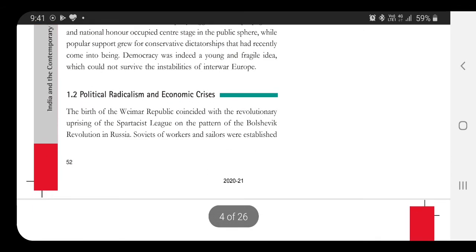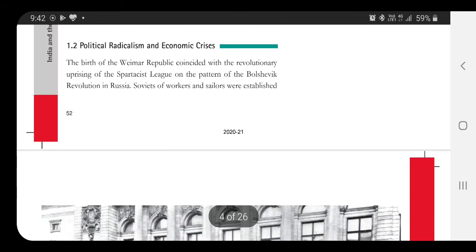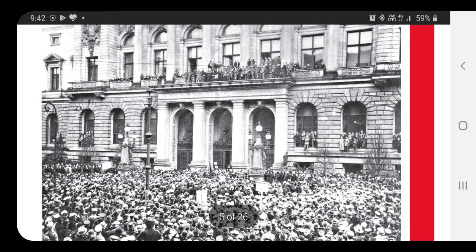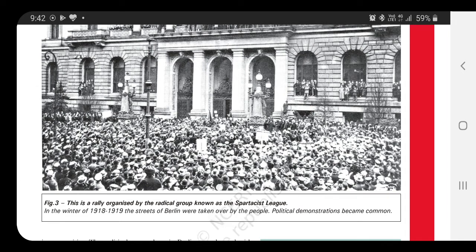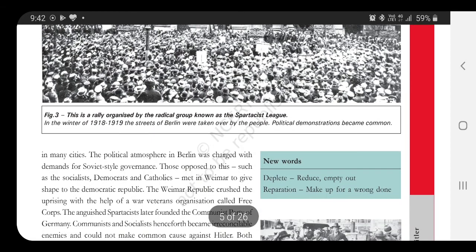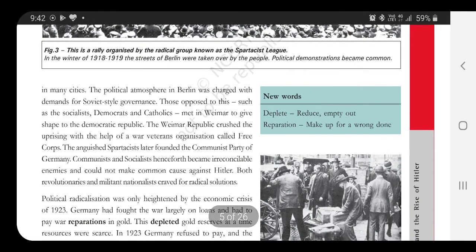So, political radicalism and economic crisis. See, the birth of the Weimar Republic coincided with the revolutionary uprisings of the Spartacist League on the pattern of the Bolshevik revolution. A Soviet of workers and sailors was established, and this is one of the pictures of a rally organized by the radical groups known as the Spartacist League, which became quite common during those days. So there were several Soviets